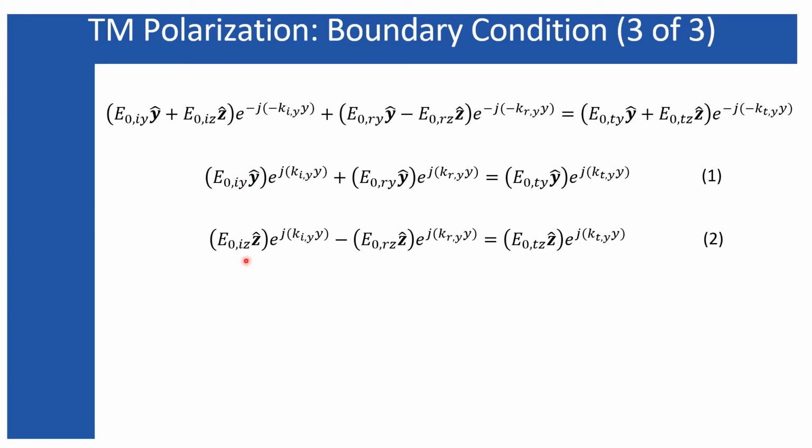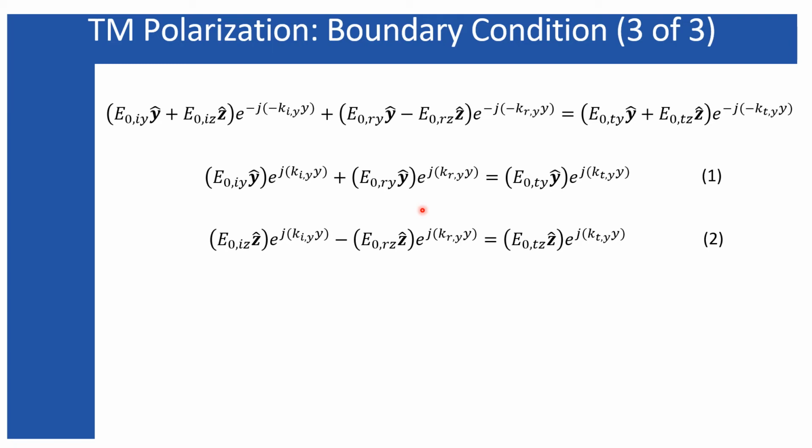But out of these two equations, we have to consider only this one, because the z component is perpendicular to the interface. So we have to discard it, because we are going to apply the boundary condition, and we know from the electric and magnetic boundary conditions that the tangential components will be equal in medium 1 and medium 2. Therefore, the tangential component means the y component, which is tangential to the interface.